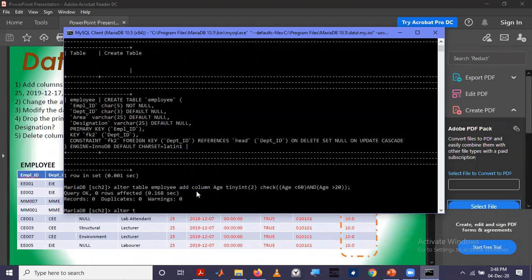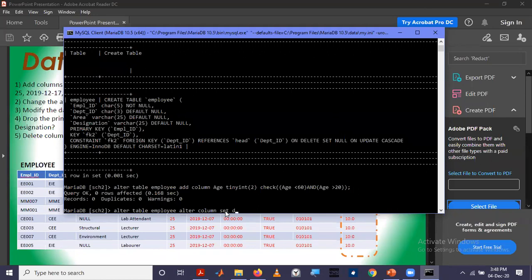How we can do that is, we are going to alter table. The table name is employee. Now we are not going to add a column, but we are going to change something in a column. So in that case, we have to use alter again, alter column.